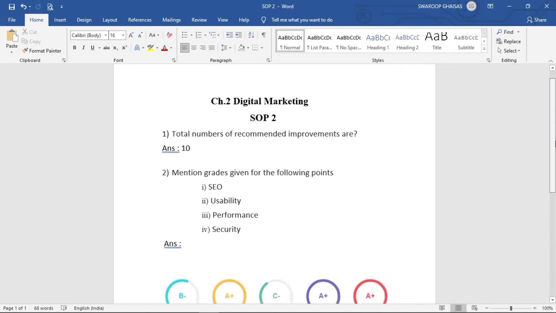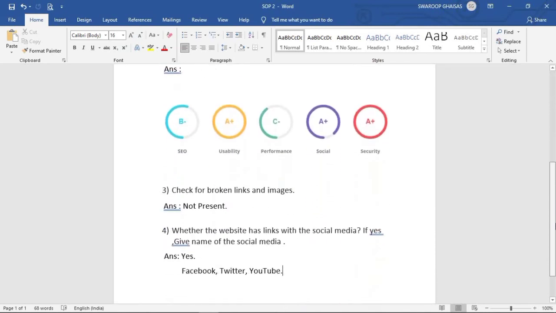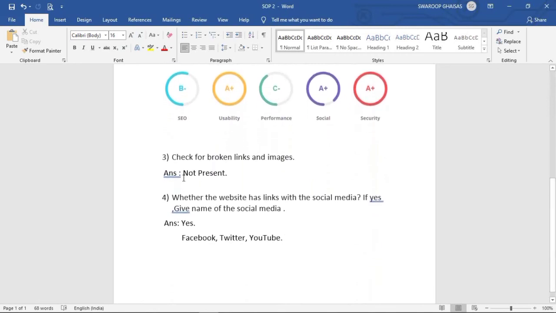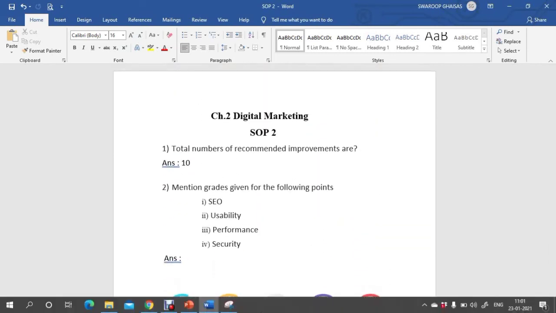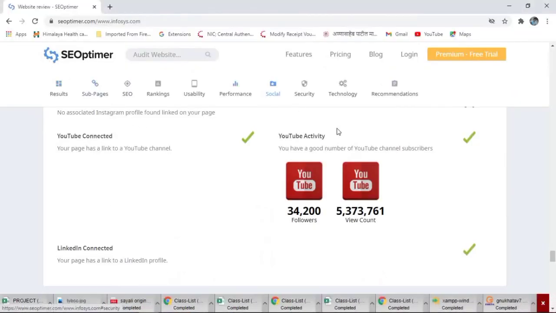Total number of recommended improvements is 10. Then these are the grades for security, performance, usability and SEO. Broken links and images are not present, and the website is social with Facebook, Twitter and YouTube connected. So generate such a report by performing an SEO audit with the help of SEO Optimer, which is a free tool available.